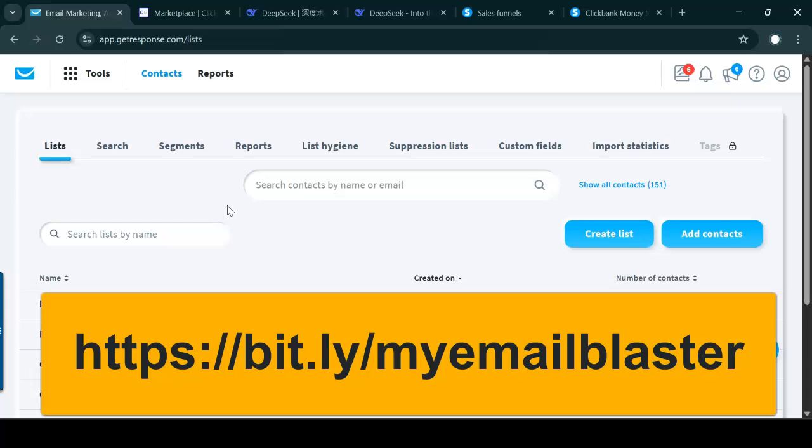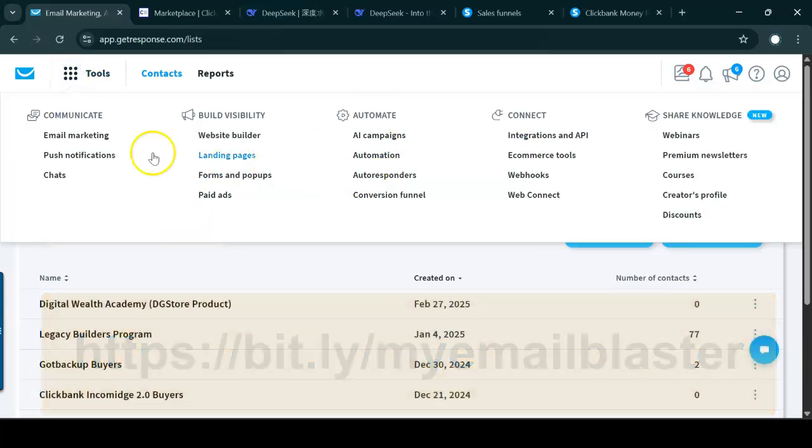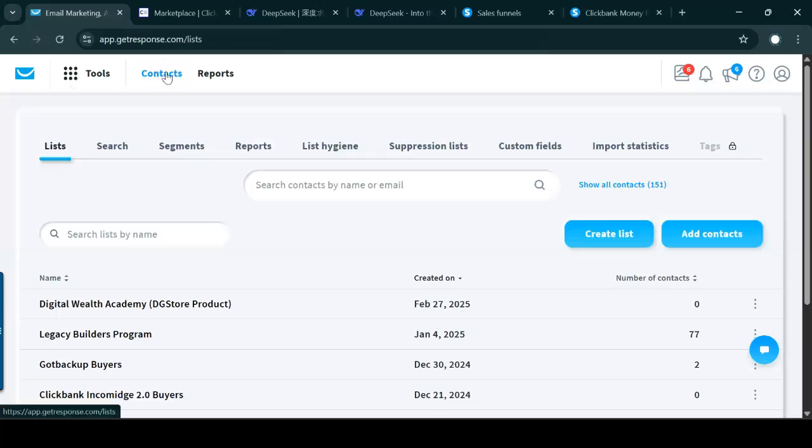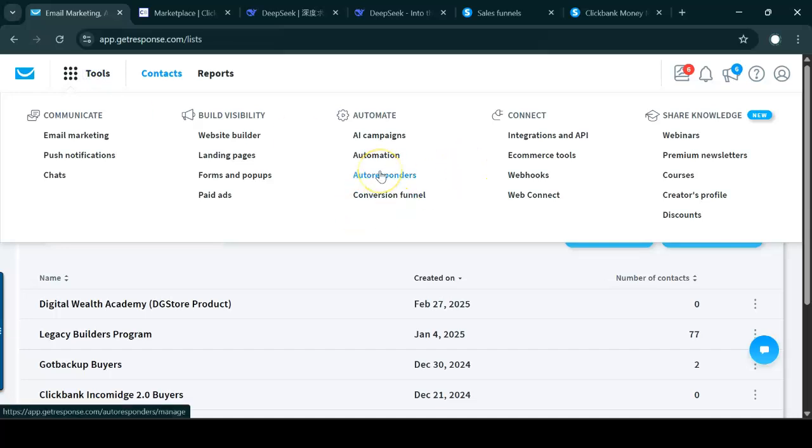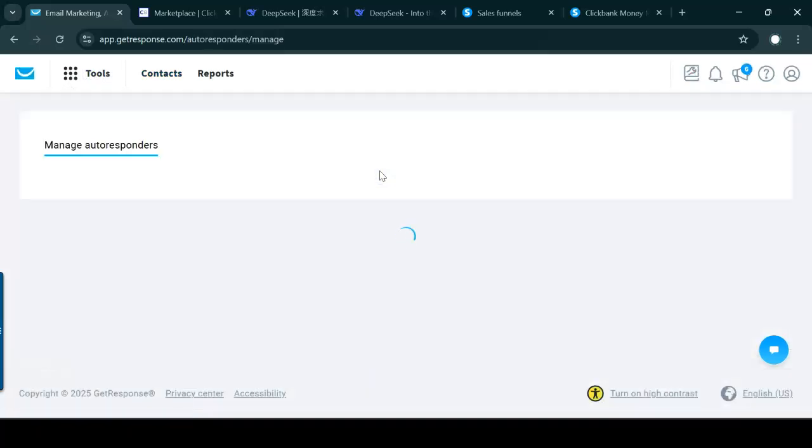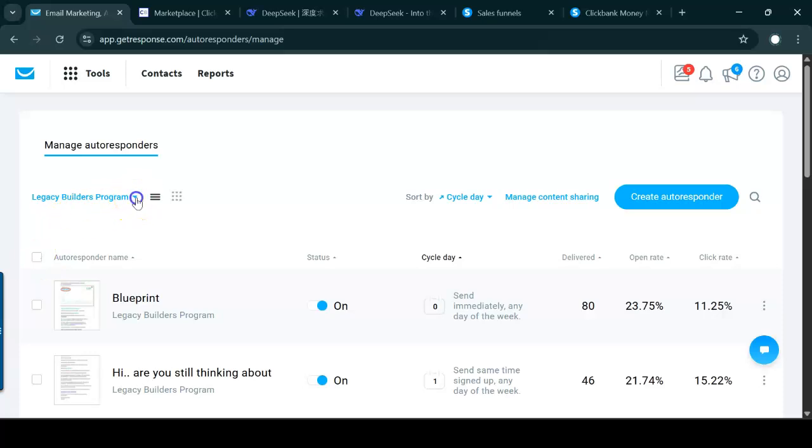Okay, so once you have created your free account, you want to come to these dots here. Okay, and then you want to go to the contacts actually, and then first of all you want to create a list. Okay, you're going to name your list, and once you have created your list, then you want to go to tools again, and then you want to click on autoresponders. Okay, and then you want to select your list from here.